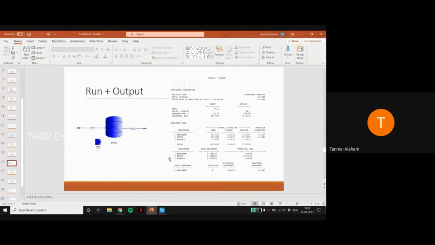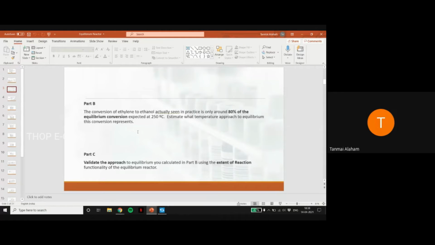So here the only difference is that at the outlet, because we already put in that we need 80% conversion, the outlet stream temperature is showing 264 degrees right now. It's supposed to be 250. Now it's increased by 14 degrees. Okay. So this will help us solve part 3 of the question, or part C,